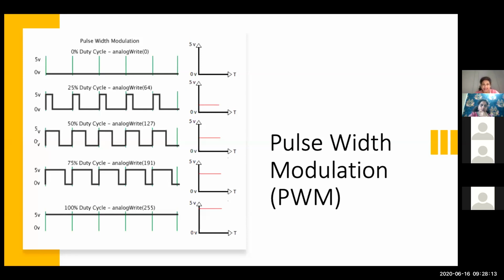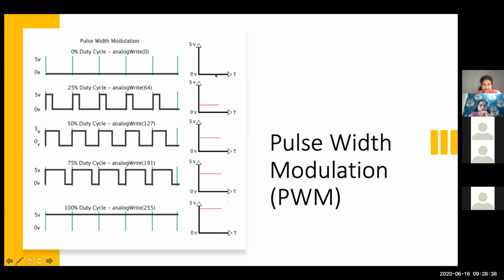So if I write on any one of those PWM pins a 0, then I get output voltage on that pin as 0. The command for writing into those PWM pins is analogWrite. So if I write analogWrite 0, the output voltage of that pin is going to be 0 volt.